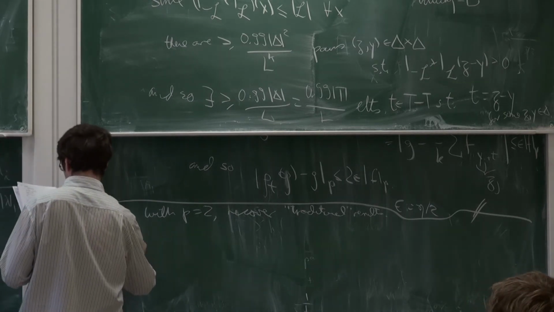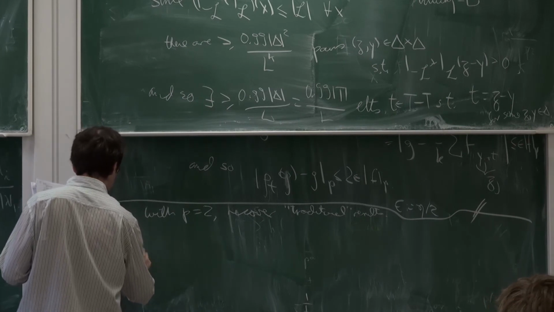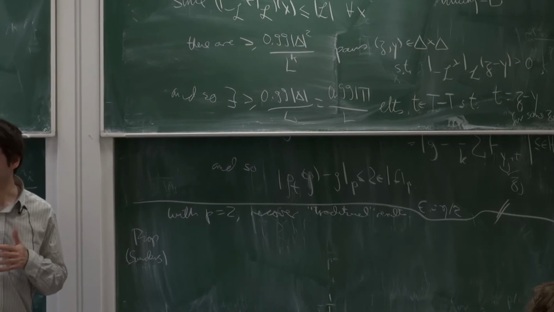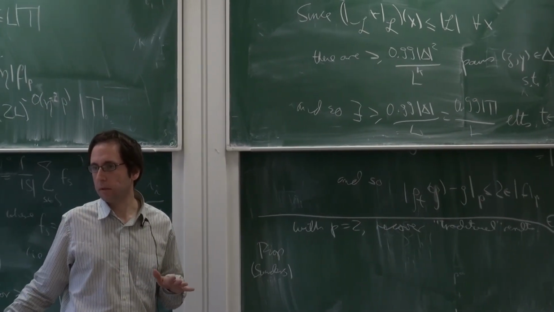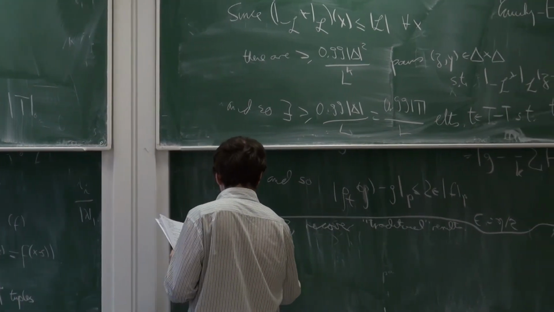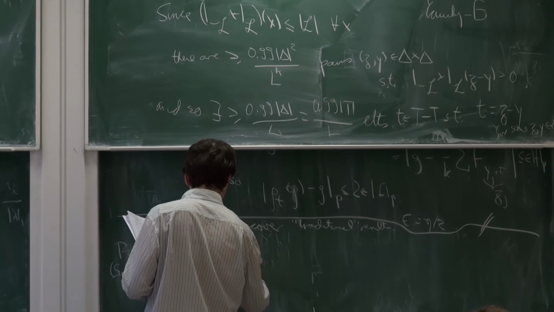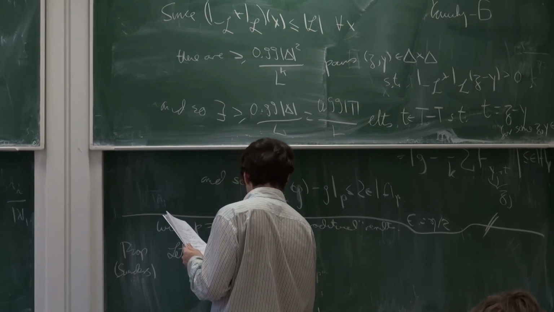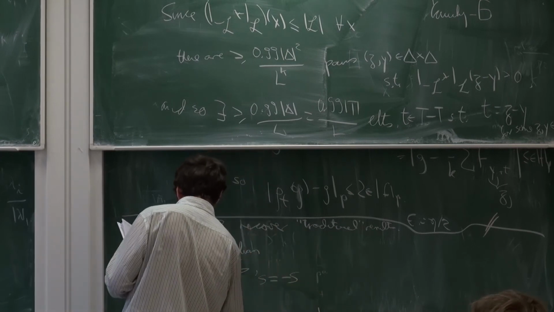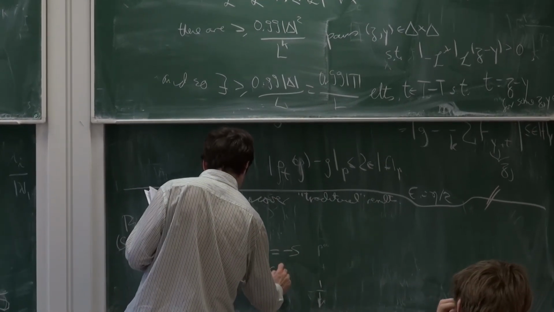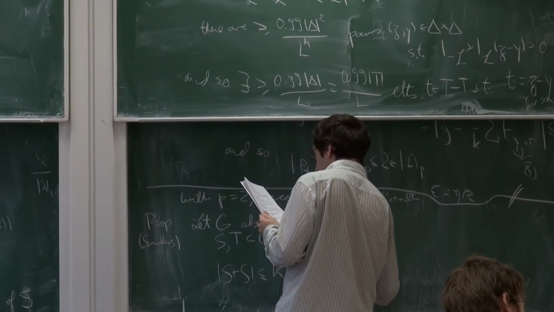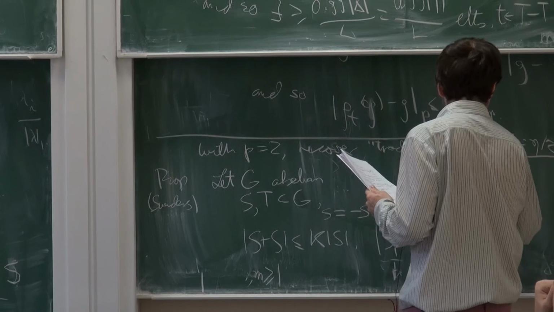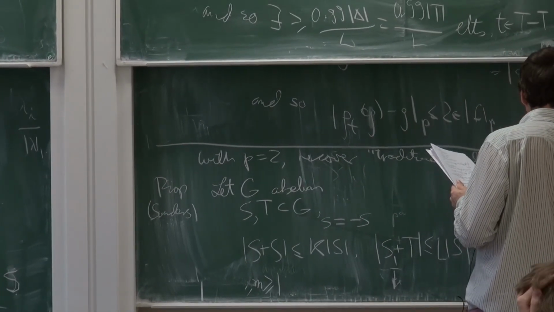So proposition, Sanders. And perhaps I will just have time for this proposition, but this will be the main thing, because with this proposition, using the argument I sketched about an hour ago, you do get the results I claimed at the beginning. So this gives you the missing step. So S symmetric. S plus S of small doubling, S also doubles with T. Then there exists an X in G, symmetric,